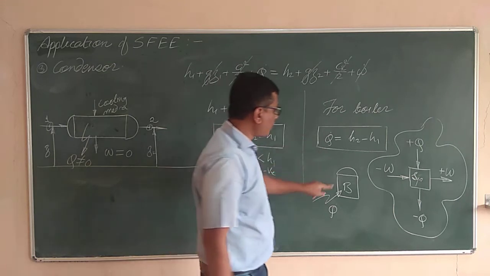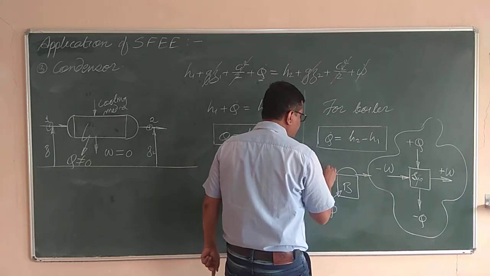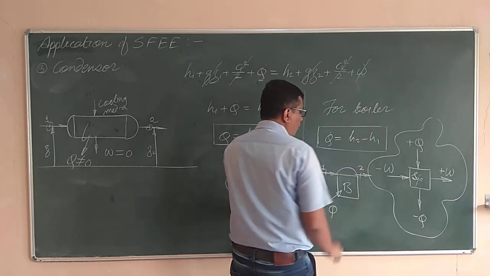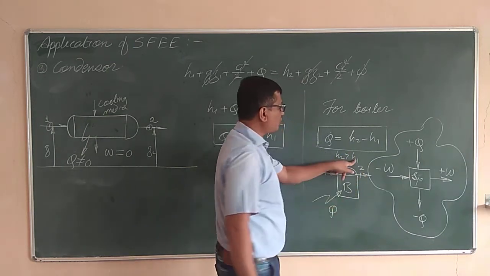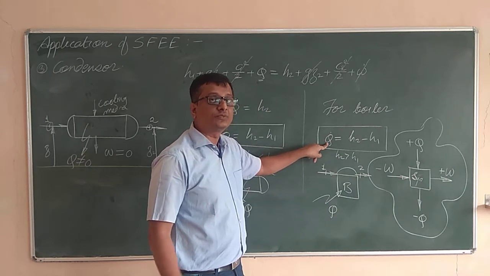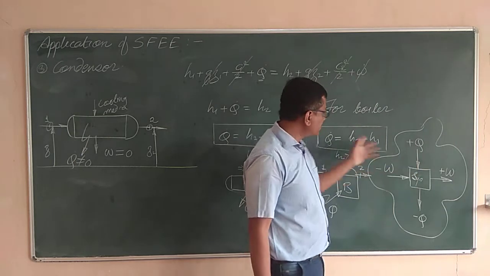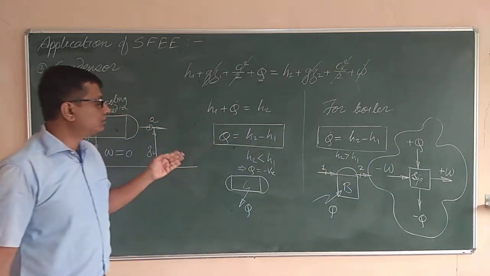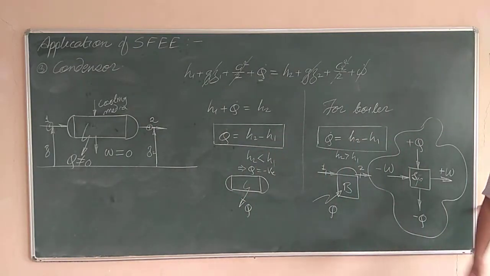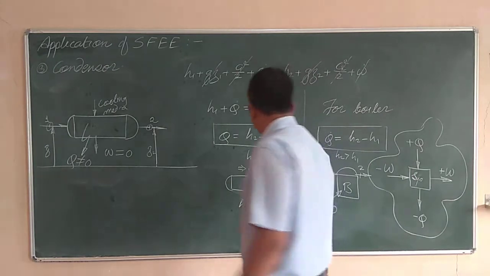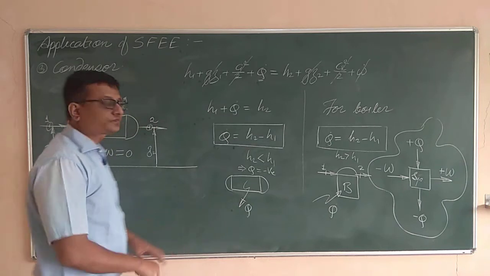Whereas in the case of the boiler, water is going in and steam is going out, water at state 1 and steam at state 2. Obviously here H2 will be more than H1, and hence I can surely say that Q is positive. It means heat is added to the system. Heat added to the system is positive. So that is the difference between these two equations. In examination, don't get confused. Both have the same formula. Then how do they differ? They differ in the processes. The boiler is a heat addition process, and the condenser is a heat removal process.